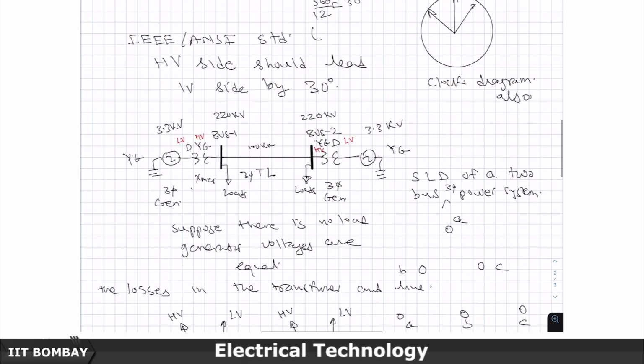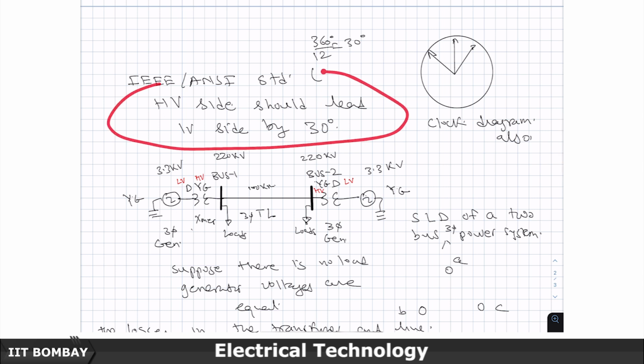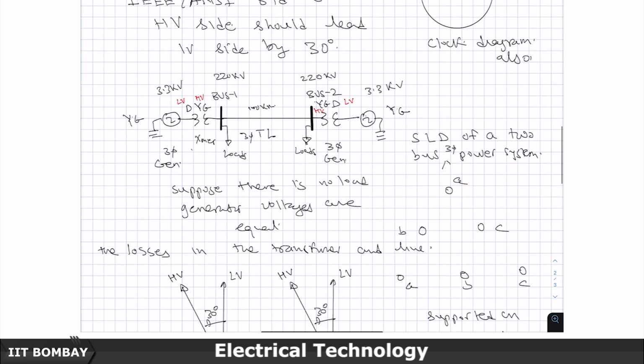Unless you fix something, unless you standardize something like this, people will err, not deliberately, but it will happen. Then you will have circulating currents, and they can create a significant amount of trouble not only in analysis, but also in the operation of the power system. Power flows may cross, line currents may cross the rated value,